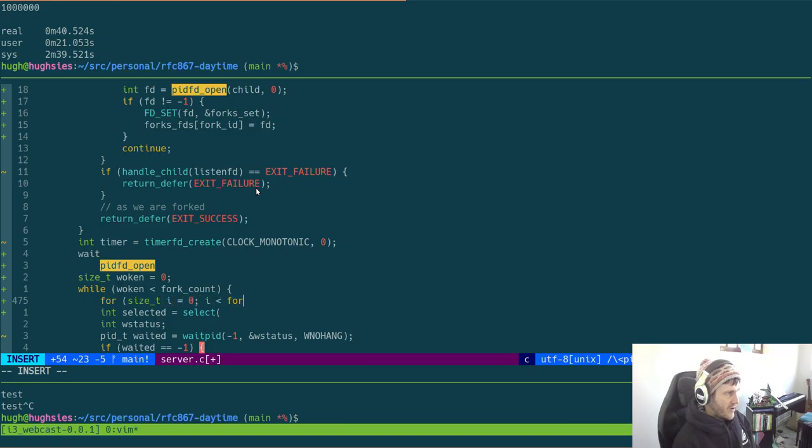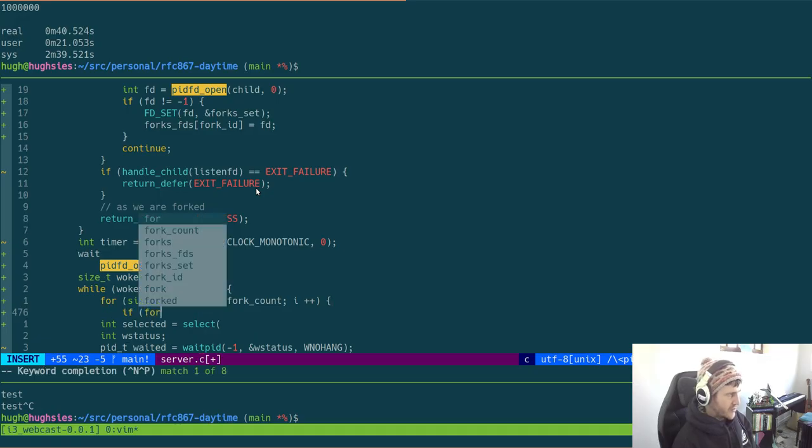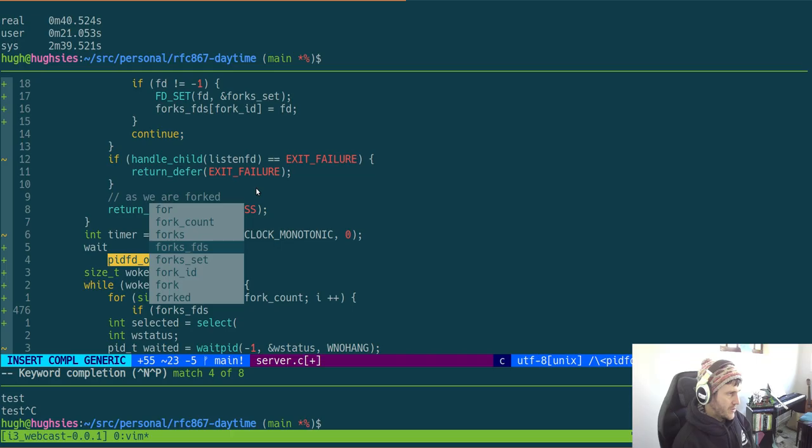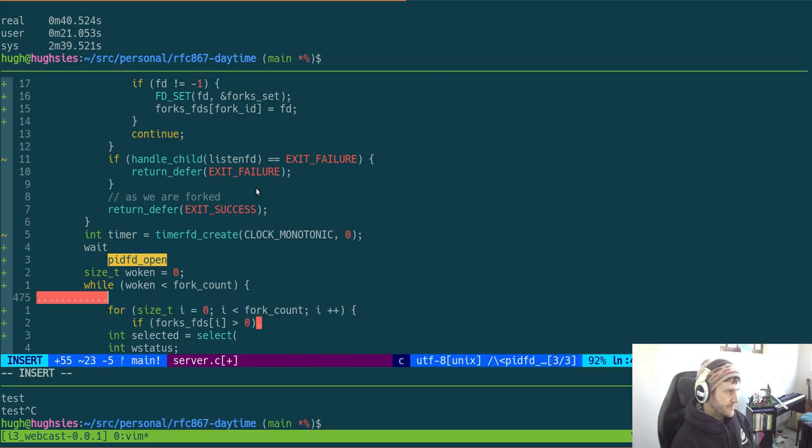Let's say last. And if forks FDs is negative, if it's greater than 0, then we can... we need last, and it can just start off being 0. And if this is the case, then